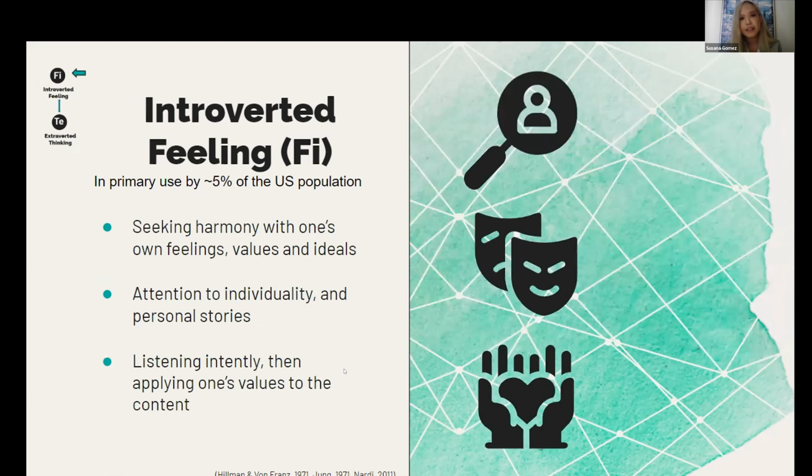Introverted feeling forms an axis with extroverted thinking. Introverted feeling is associated with attunement to our own feelings, ideals, and values, and to seeking harmony within ourselves. Introverted feeling is at work when we say to ourselves or others, listen to your heart, or just be. It is at work when we talk about personal identity and individuality, and when we listen deeply to someone else, then evaluate what we have heard based on our own rich inner world of feelings, our personal values, or our